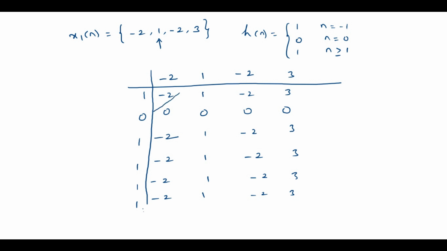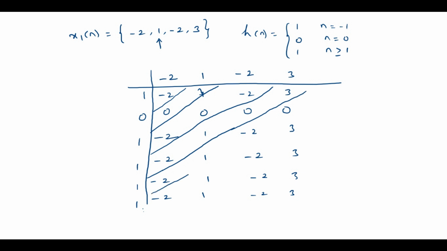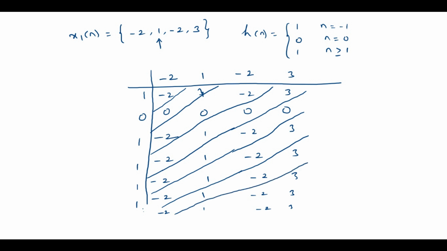Now the first one is... okay. Here also we need to include that -2 1 -2 3. We'll see the response is